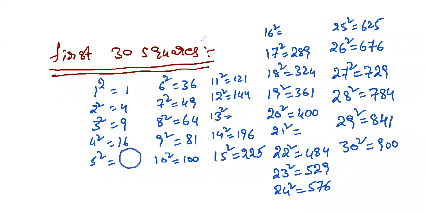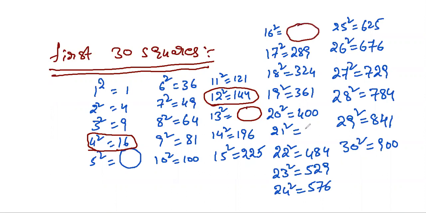Some of you knew this already, but see this calculation here. 4 square I know already. 4 square is how much? 16. And you don't know the next number's square. Maybe some persons know up to 12 square, but what is the 13 square value? We don't know. So 16 square or 21 square, maybe you don't know after some number. So what will you do to find the next number? Very simple. Add this 16 and 4, 20. 20 plus 5 is 25. Very, very simple.